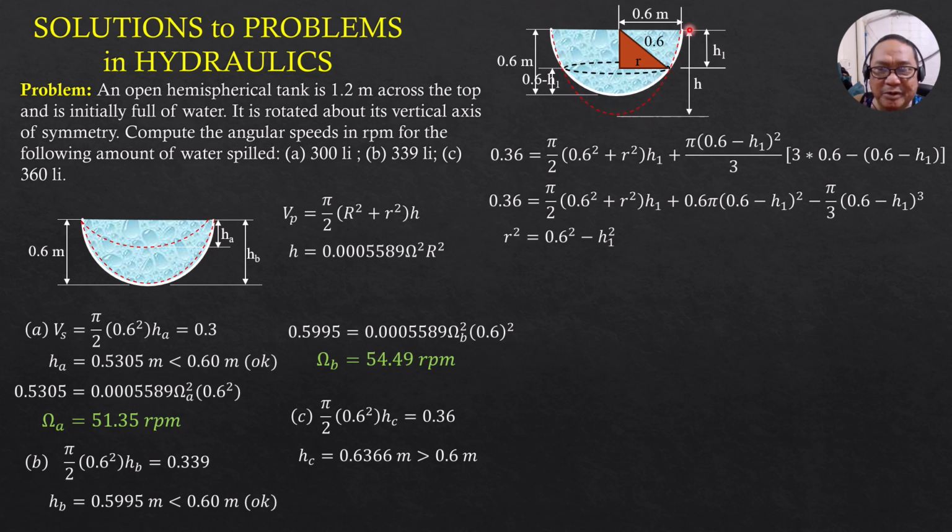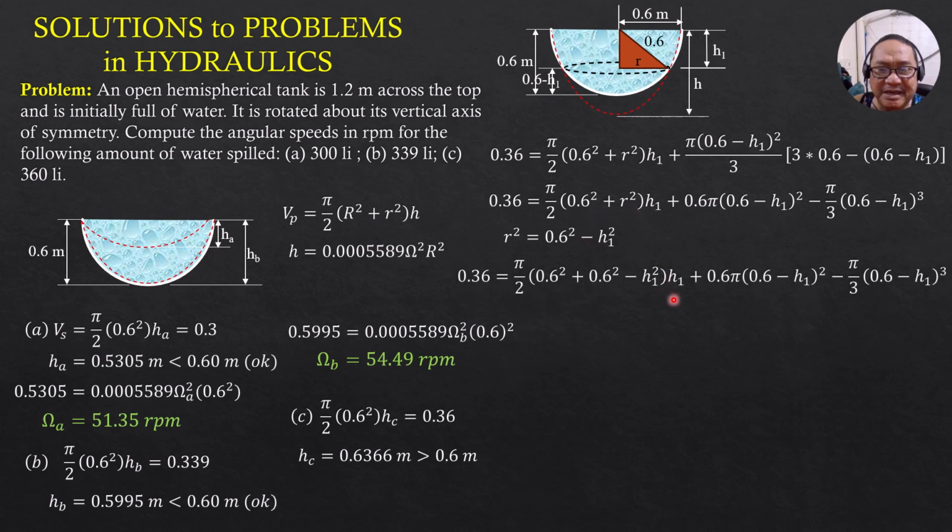So this is the paraboloid of revolution. I'll just call this h. It's not h sub c, but it is greater than 0.6. Definitely it is greater than 0.6, and we cannot use 0.6366 because that assumption is that there is a paraboloid of revolution above the lowest point of the hemispherical tank. But the actual situation shows that it is not. So it consists of paraboloid of revolution with two bases, then plus this part will be spilled out volume of spherical segment of one base. That's why we equate it to this situation.